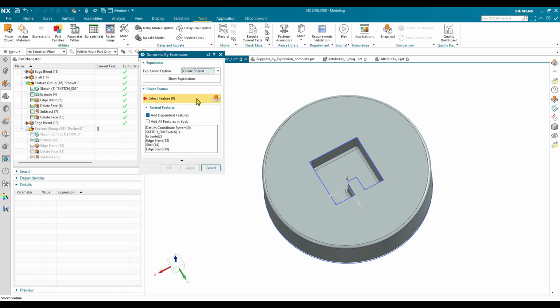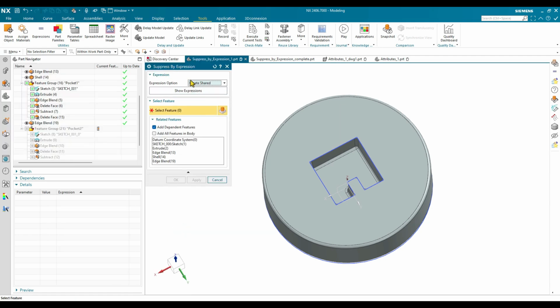Open that back up. Now, instead of creating a suppress by expression condition inside my design, I want to remove a condition. So on the expression options, you're going to hit the drop down and you're going to choose one of the two delete options here. I can delete for each or delete a shared expression condition. In this case, if I want to delete a shared expression condition, I can click on delete shared, and then